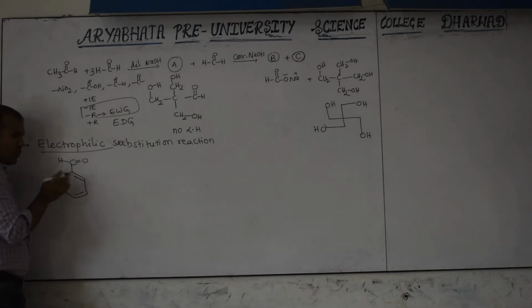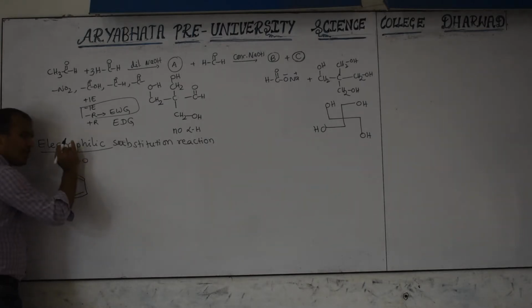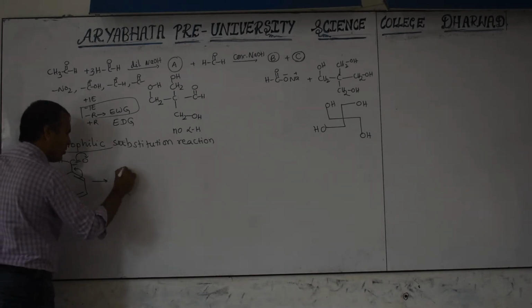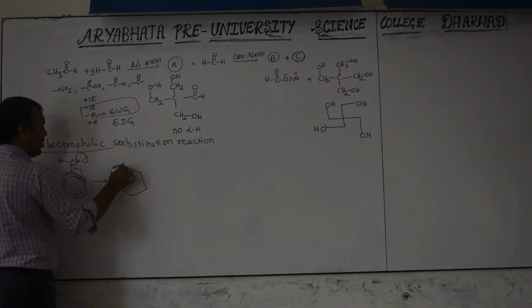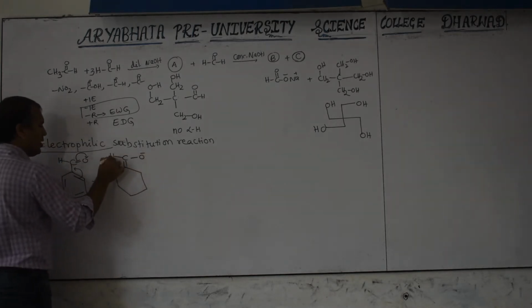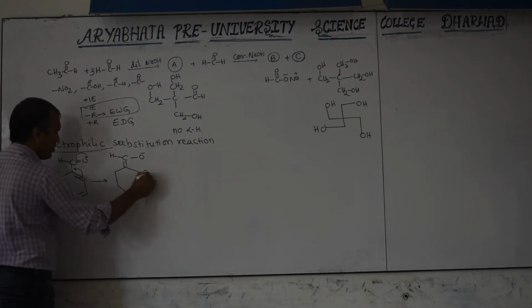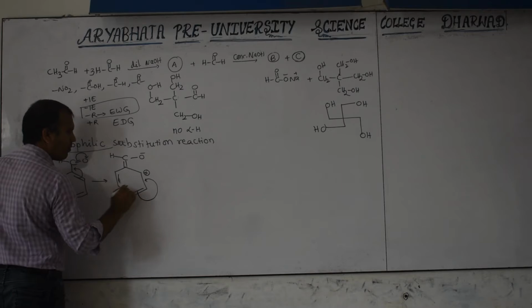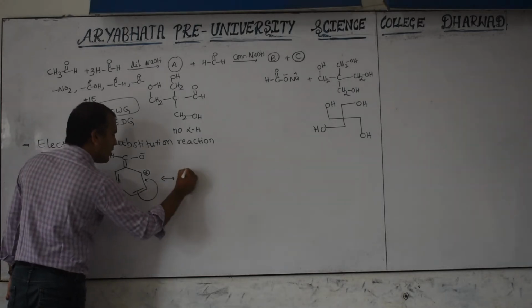So when it withdraws electrons, it withdraws towards the carbon, not here. If it donates like this, it is donating to the benzene ring. So now when the pi bond shifts toward the carbon, then we will get a double bond here. Already one bond is there, this bond will come here: C, O minus, H. Here it is a positive charge. Here double bond, here double bond. Next, this pi bond will shift here. Then we will get one more resonance structure.